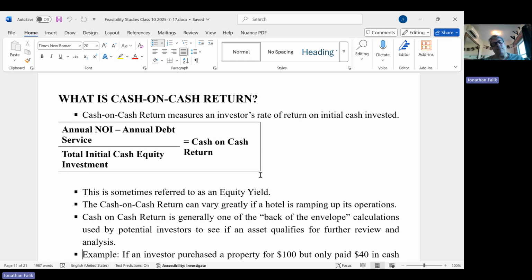That means they're making 10% on their equity. And a lot of investors also do cash on cash as a back of the envelope calculation. So they're going to think about it and say,